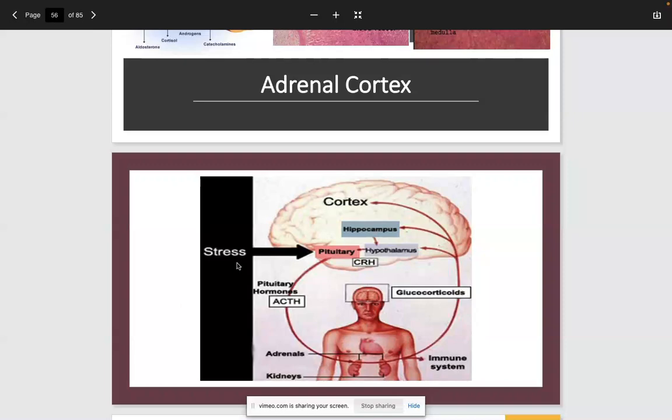From here, the CRH is then going to cause the release from the pituitary. And that makes sense if you think about it, because, like we previously said in our last lecture, the hypothalamus, I'm sorry, not the hippocampus, the hypothalamus, is going to have control over the pituitary. It's the control center of the pituitary. So the releasing hormone, or the CRH, is going to cause the pituitary to release ACTH, adrenocorticotropic hormone. From there, ACTH is then going to go down to the adrenal glands, and it's going to cause the